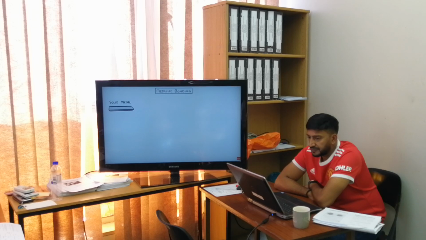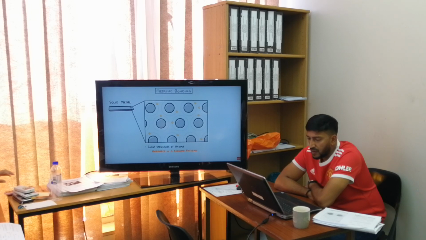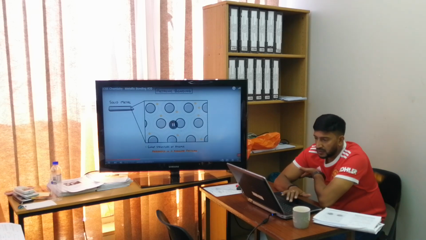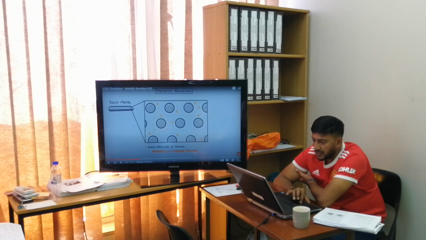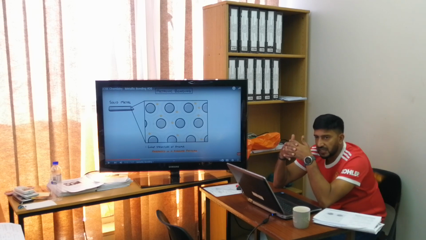If we think of a solid metal, it basically consists of a giant structure of atoms that are arranged in a regular pattern. In this picture, we've shown each atom surrounded by the electrons in its outermost shell. You're looking at the electron clouds around each atom, right? And the small e's are the free electrons or valence electrons, that are now stuck together in terms of a metallic bond.